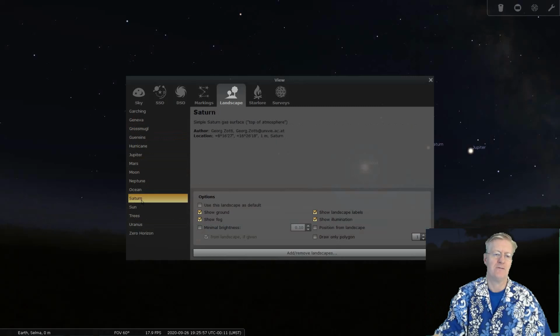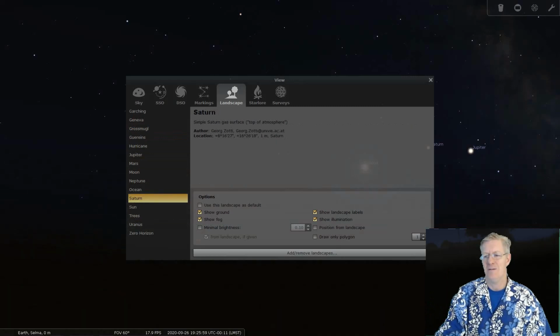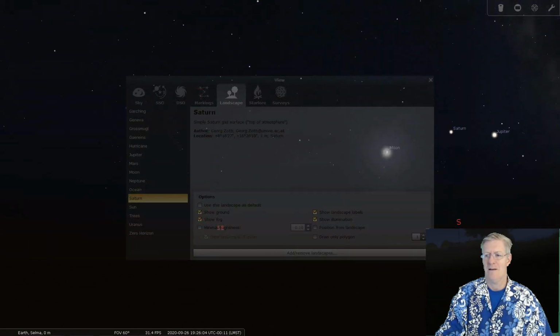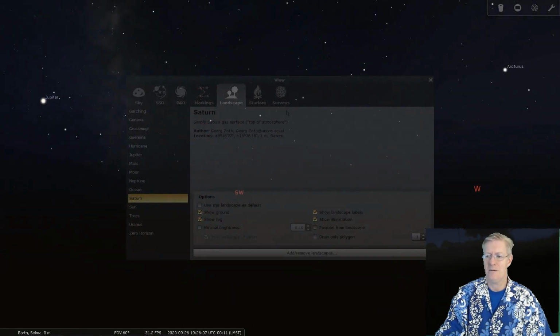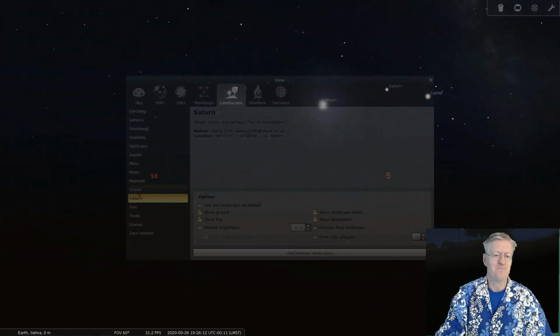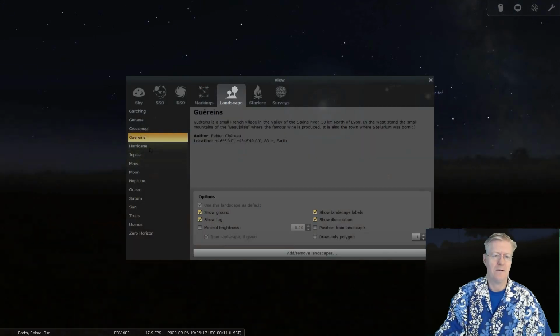Ooh, let's just look at Saturn for a second and see what shows up there. So there's clouds below me. And if we look around, I would expect to see rings. But anyway, I just see clouds below me. All right, let's go back to the Earth there. And wow, we have so many different surface features or landscapes that we can use, which is really awesome. More options are down here, such as show the fog, show the ground on or off, and then even the brightness.